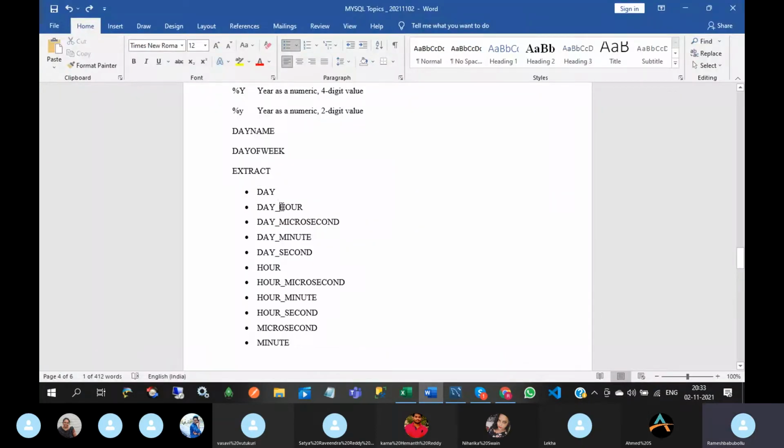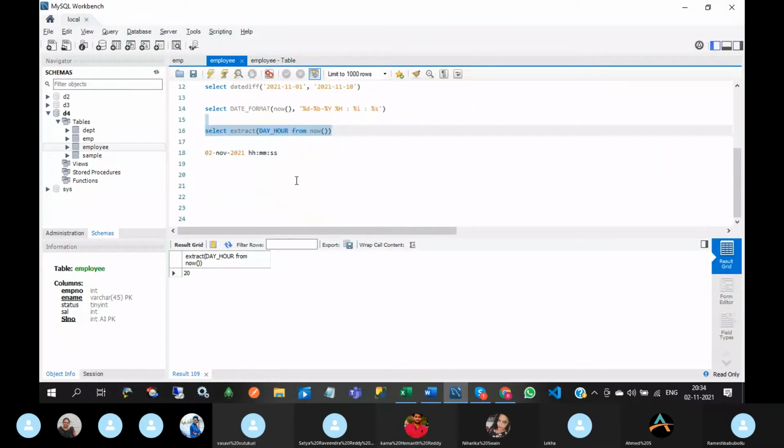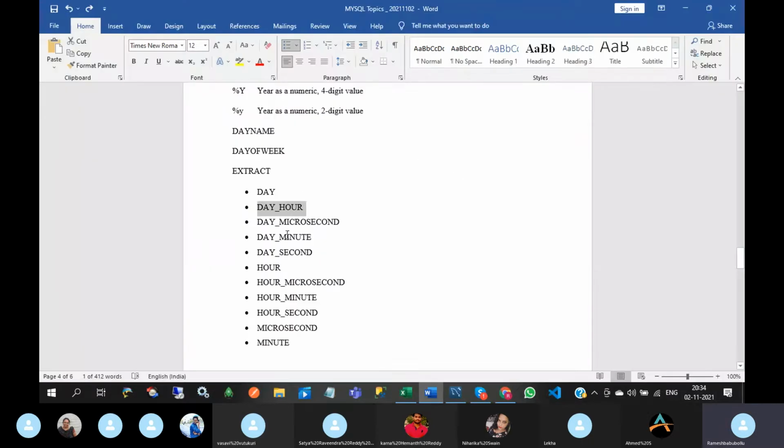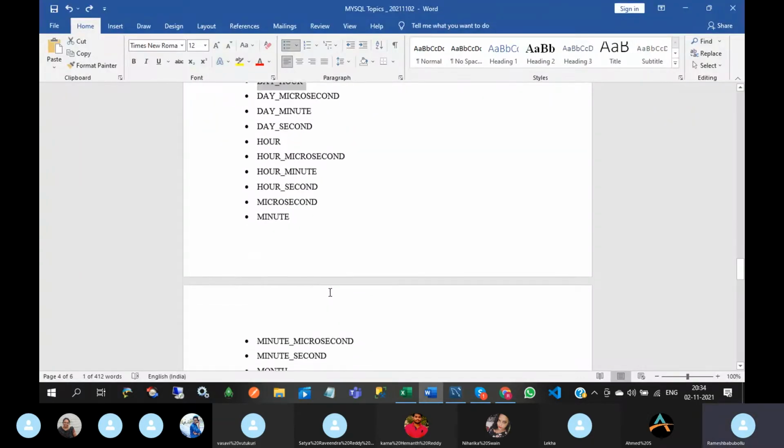Second, and day, hour. So 20 hour. According to this, you can display day, microsecond, minute, seconds, hours, like that you can display.